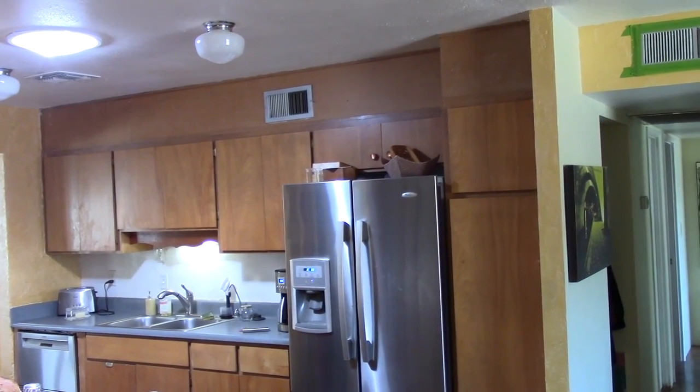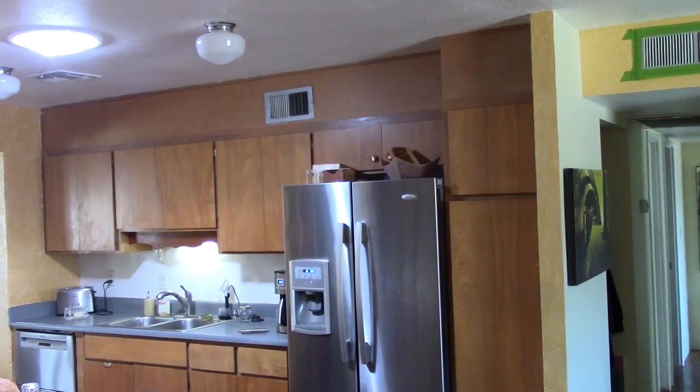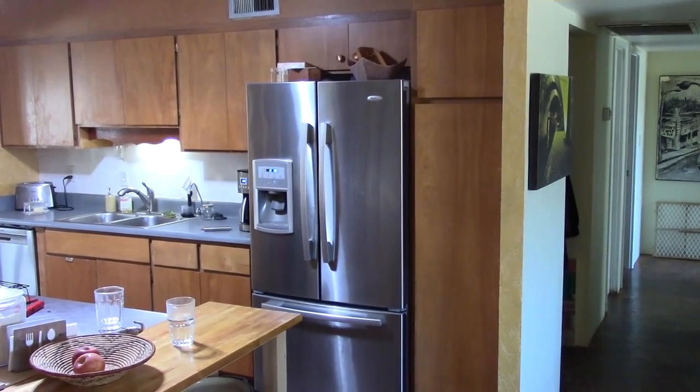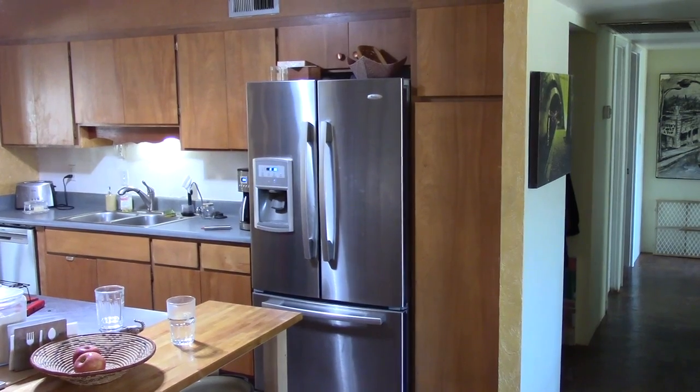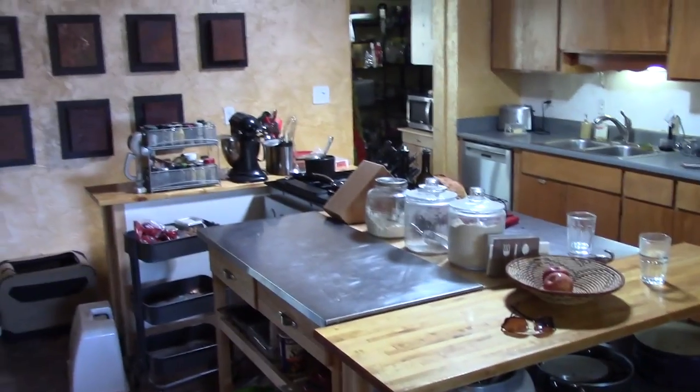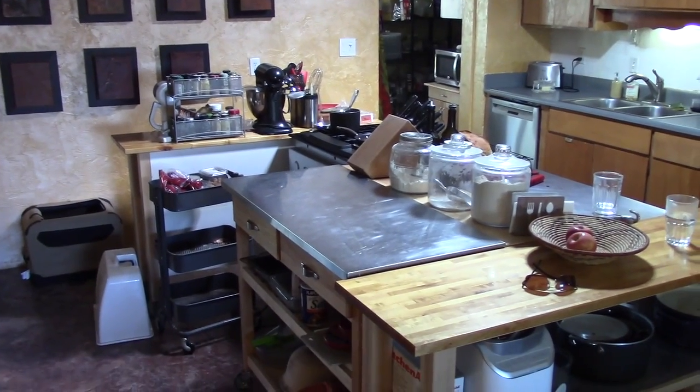That's going to come out. That soffit's coming out. The cabinets will go to the ceiling. It'll be about the same layout as what you see there, refrigerator where it's at. A taller pantry on the right of the refrigerator. And then this makeshift island we've had for the past 8 years, that's going away, but there'll be another island